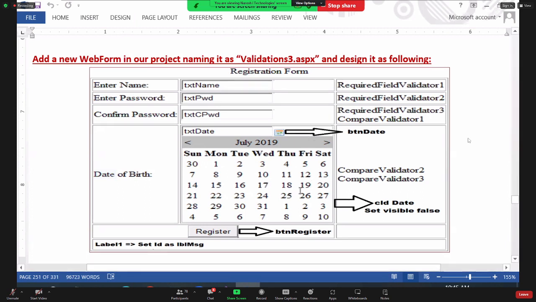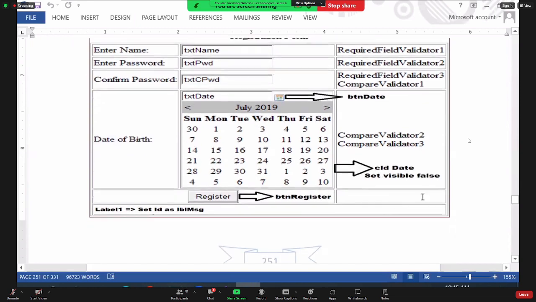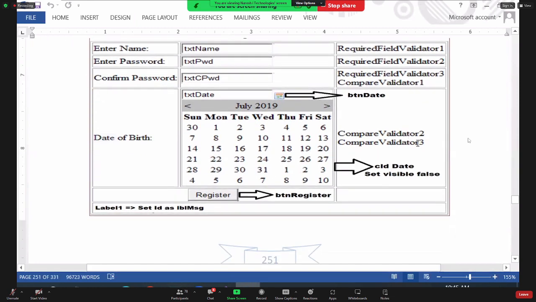Okay. Next, this is date. And for this, I'm using two compare validators. No required field validator, two compare validators. What is it? First one is the value entered should be a valid date. Data type checking. You need to enter the date in MM DD YYYY format. If you try entering DD YY, it should not accept now. Or you entered hello world there. Not accepted. Data check. Second one,